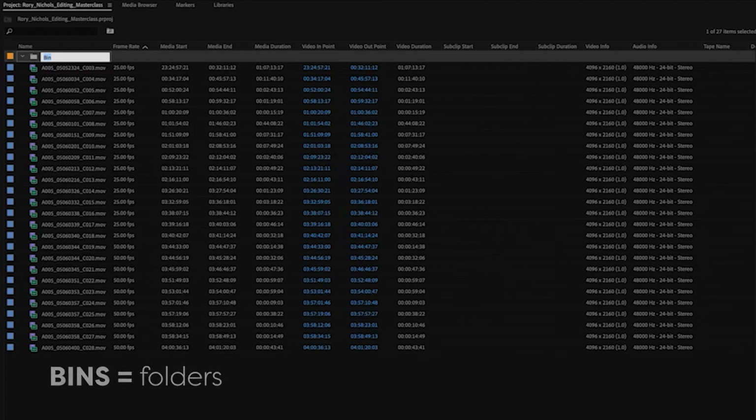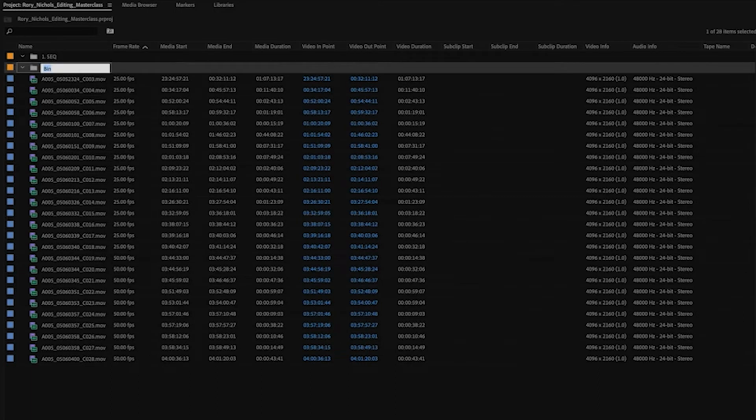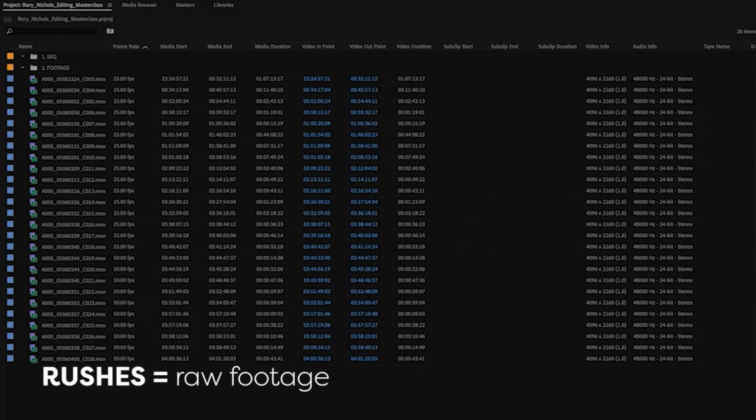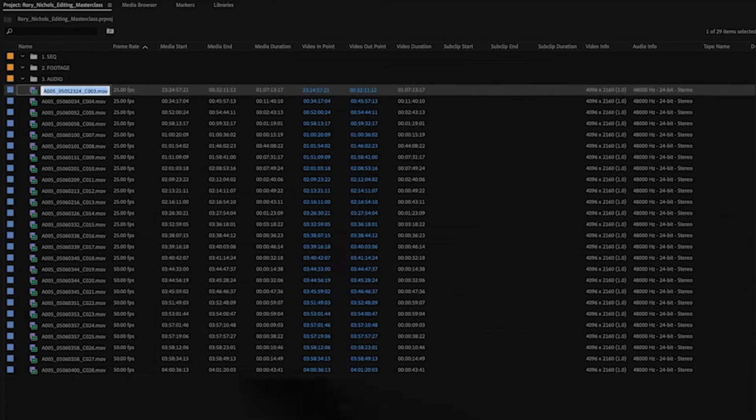So I always start, normally this is how I create my bins. I'll do a sequence bin, that's going to include all of my Premiere Pro sequences that I build throughout this project. I do a footage bin, which basically will include all the rushes, so all these video clips will go into that bin. I'll do an audio bin as well, which is pretty self-explanatory, for all the audio I use throughout